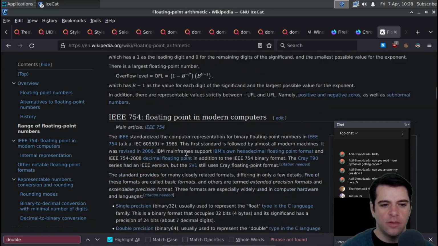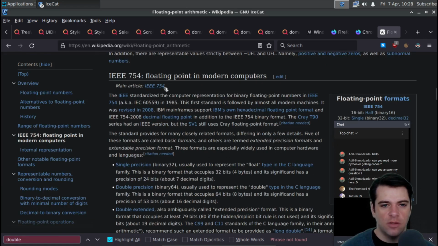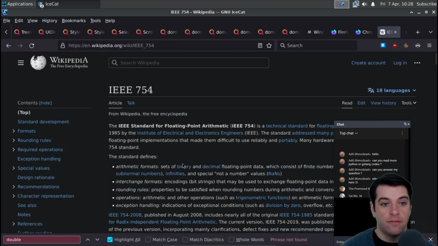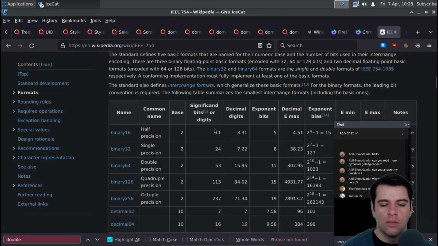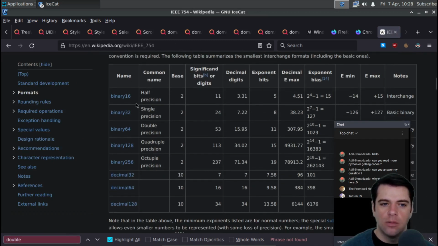Floating point in modern computers. Maybe this is what I want. IEEE 754. Okay. Binary, single precision. I think we're dealing with double precision, but let's look at single precision,